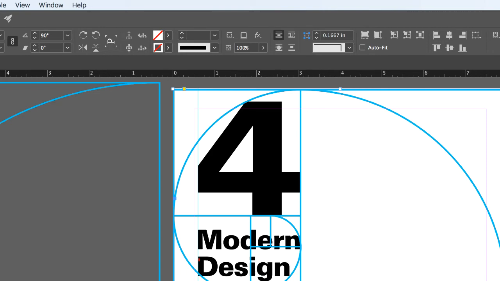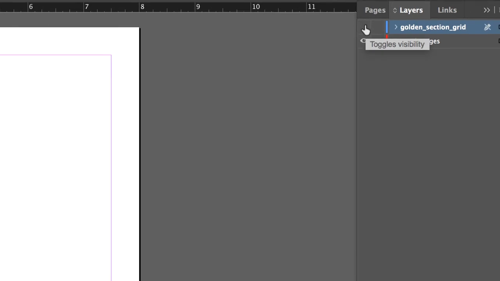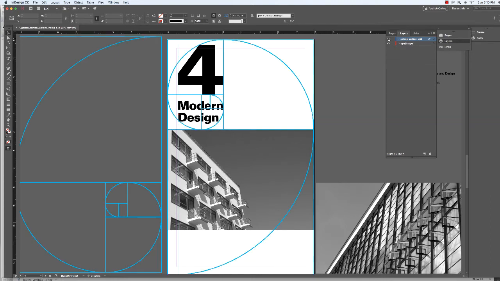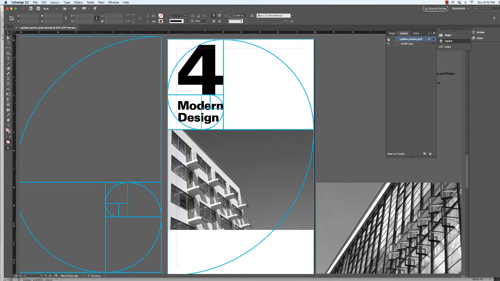So we'll see. And then you can go up to the layer. I'm going to go up to the layers palette and turn off my grid line to see if this is looking okay. And to be honest with you, I'm really not thrilled with this at all. But you look at this and you have to get a balanced layout going on. I'm going to put some type down here, and maybe I think the